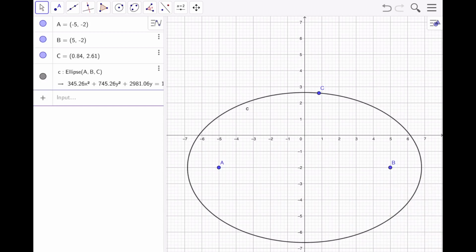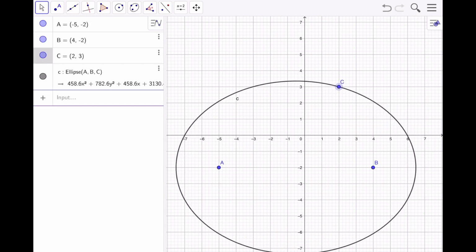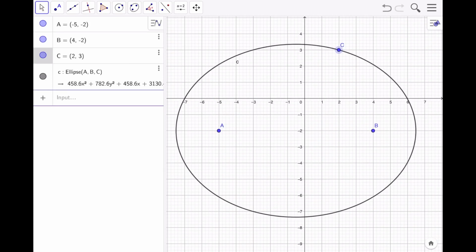I'm going to put this just on one of our nice numbers, if possible. So here we have one at 4, -2, and the other at -5, -2, for the foci of the ellipse. And then point C is a point that is on the ellipse. So let's say that I want this ellipse to go through the point 2, 3. There we go. So here is the ellipse that has those two points as foci,